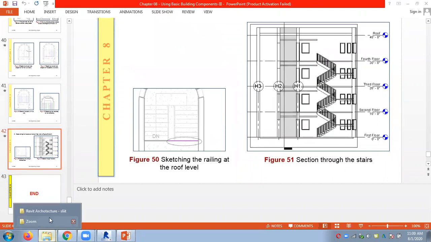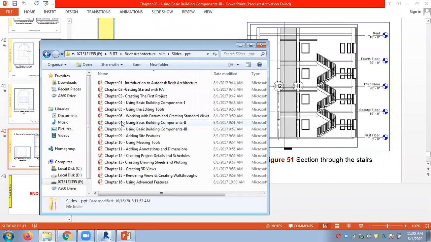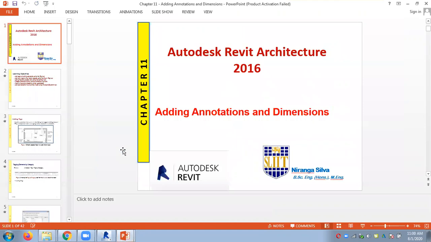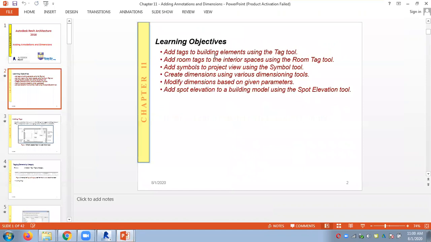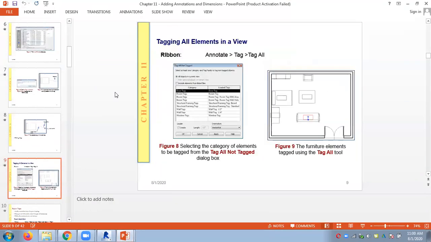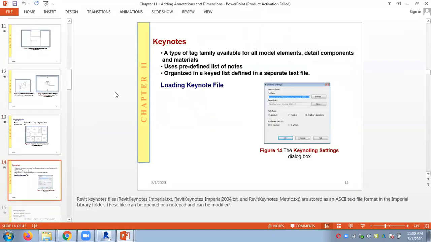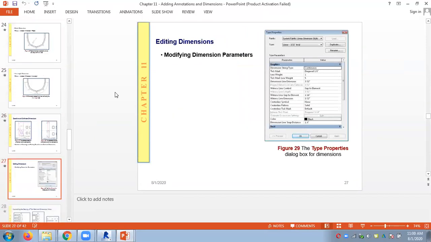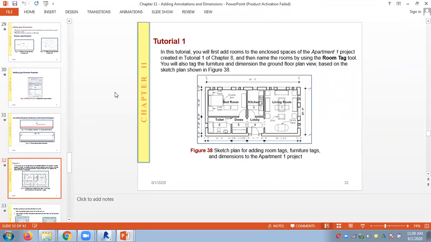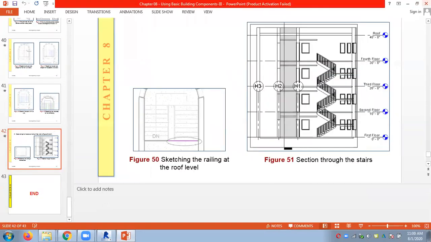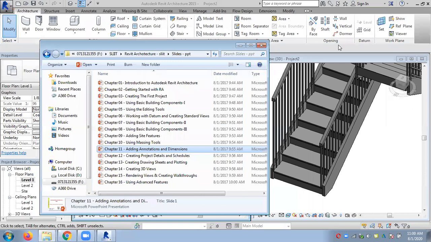Tomorrow I'm going to start chapter 11 also. Tomorrow at 11:15 we will meet. In these tools I'm going to discuss something more about tags and boom tags. Actually we discussed dimensions, how to add dimensions. Also we have discussed some area, so we can quickly go through this and go to the QS tables and the other things. I hope you understood the concepts talked today.